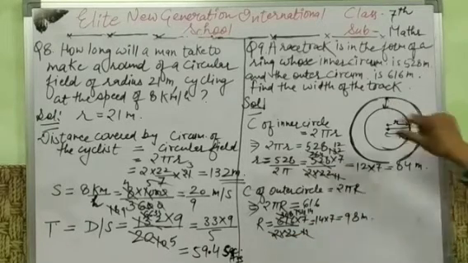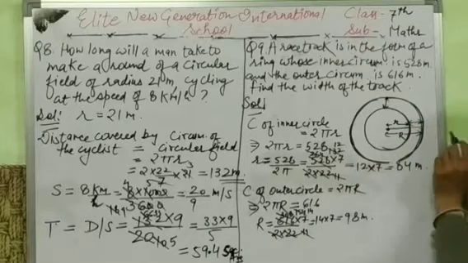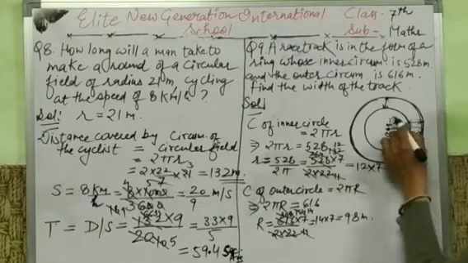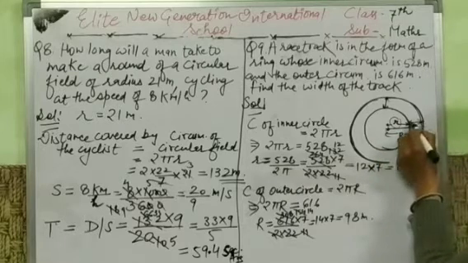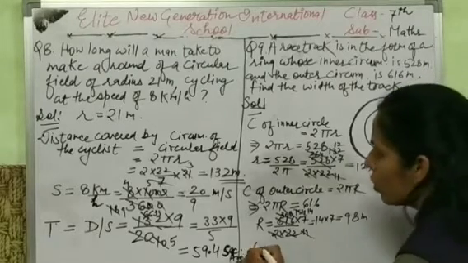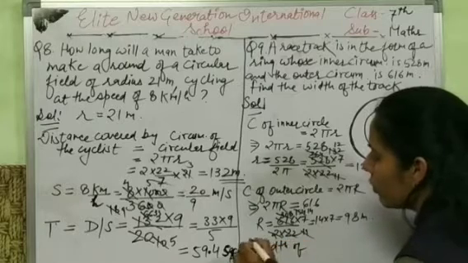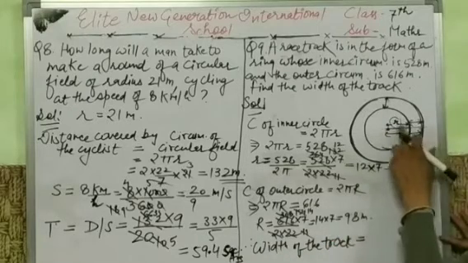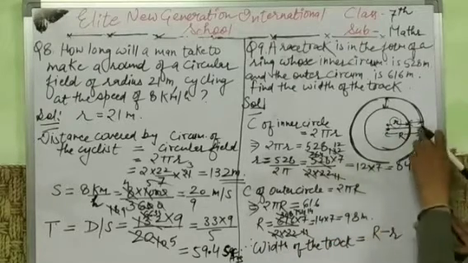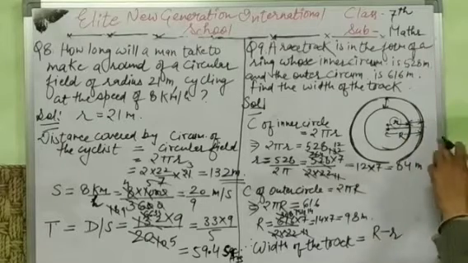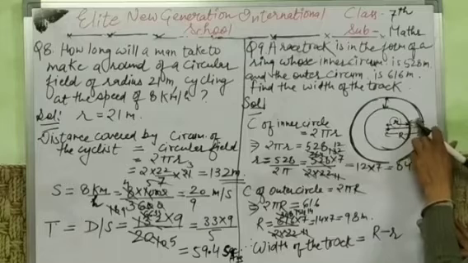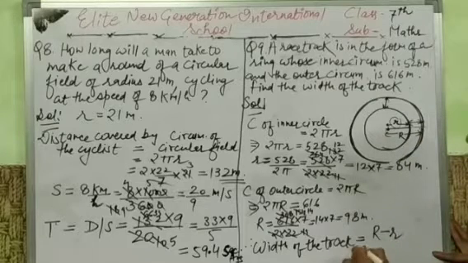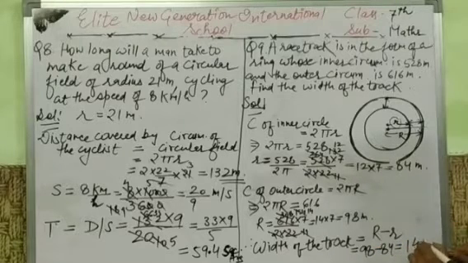Okay. So now we have the radius of the outer circle as well as the radius of the inner circle. So we can easily find the width. How can we find the width? When we subtract this small radius from the capital R, then we can find the width of the track, right? So width of the track is equal to capital R minus small r. It means this whole radius, when we subtract this small part from this whole, then we can find the width of the track. So here 98 minus 84, which will be equal to 14 meters. That is the answer.